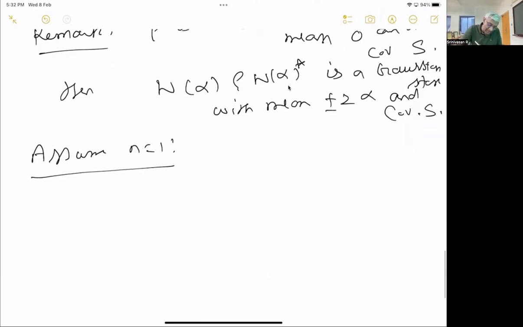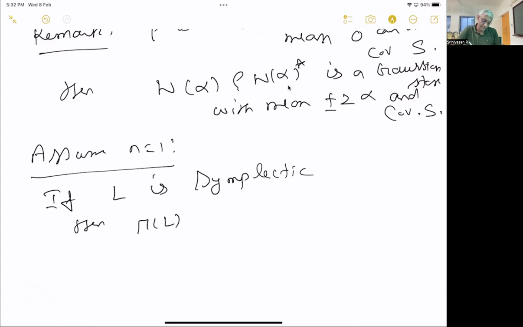We have already seen that, and this is something general. We know that if L is symplectic, then gamma of L, rho, gamma of